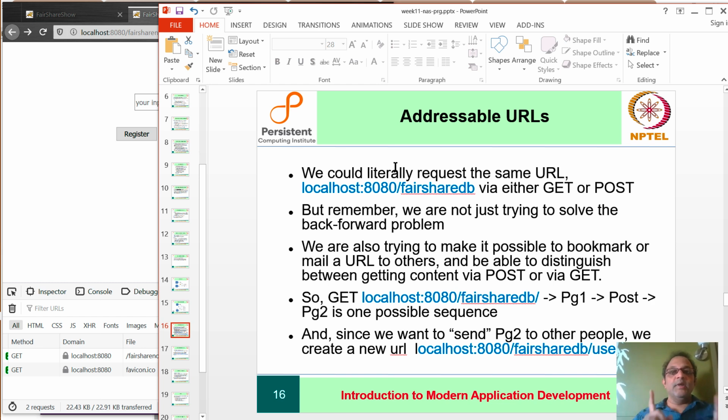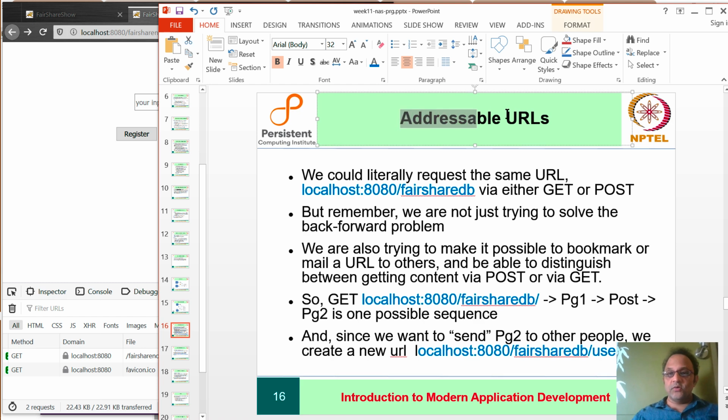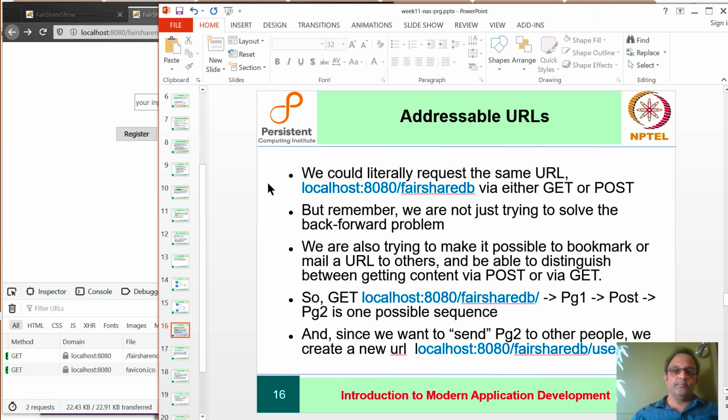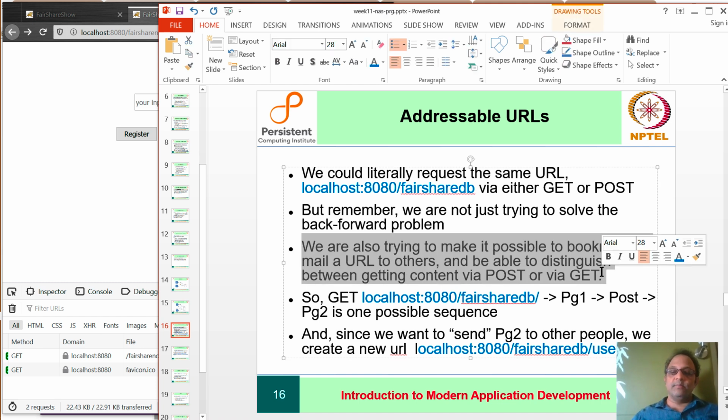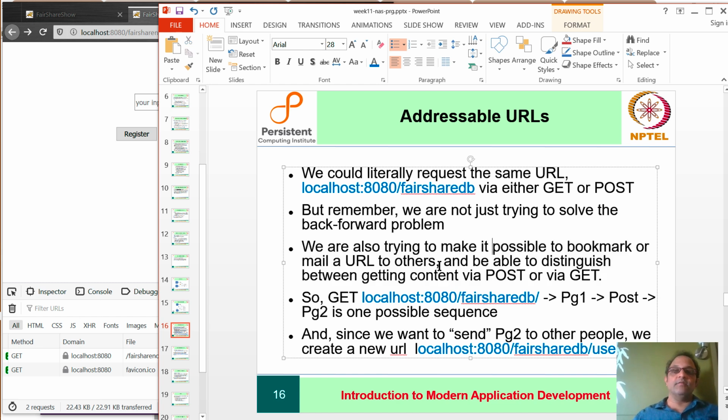But merely requesting the URL in two different ways is not our only goal, remember. Our other goal is to deal with creation of addressable URLs. We are not trying to solve just the back-and-forward problem. We are also trying to make it possible to bookmark or mail a URL to others, and to be able to distinguish between getting the content via a POST versus via a GET.